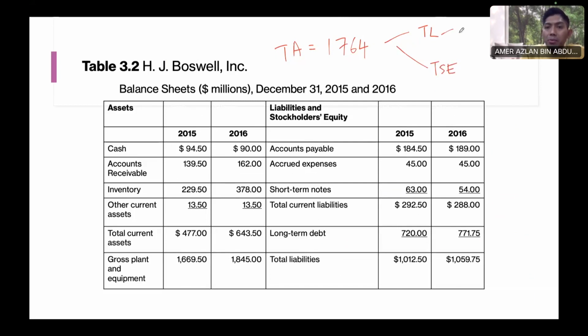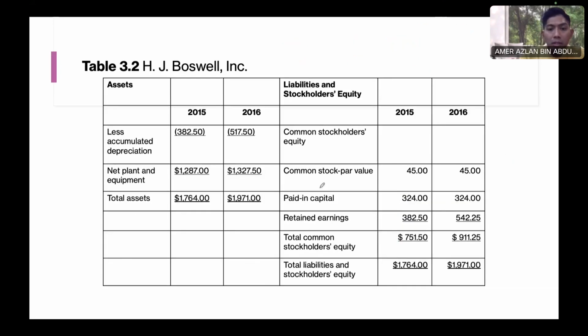And for liabilities, the company has short term and long term, right? So for this one here, total current liabilities for 2015 was around 292.50, right? So if you divide 292.50 by the total liability and stockholders' equity here, 1764,